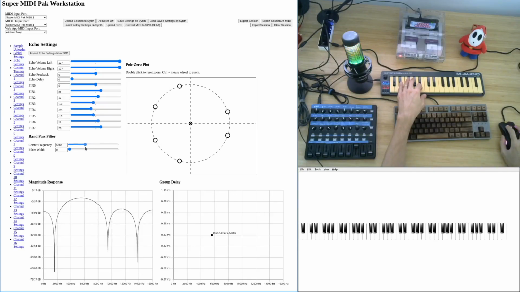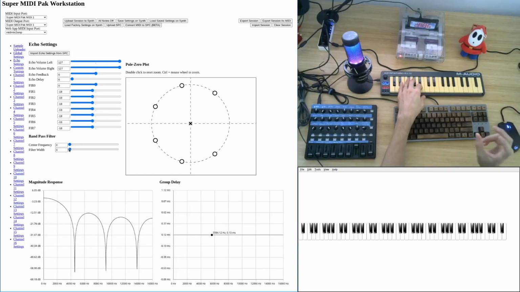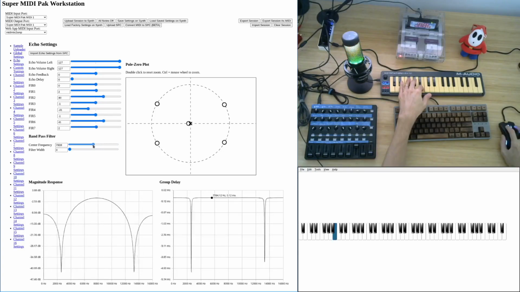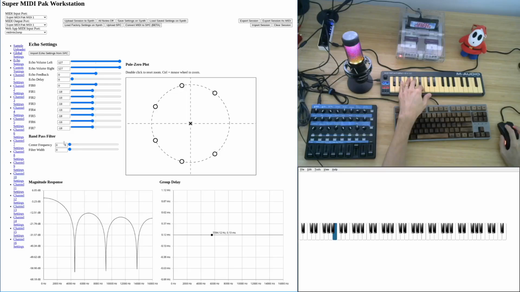So I'll show you guys how that sounds. So the filter sweep, basically, you pick a very narrow filter width, and then you just sweep the frequency spectrum, changing the center frequency. So I'll show you guys how that sounds here. So that's a very common effect. You've probably heard it many times in many different tracks. Instead of changing the center frequency, you can also change the filter width. So if my center frequency is at 0, I can modulate my filter width like this.